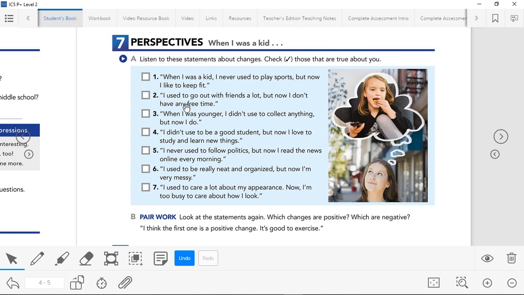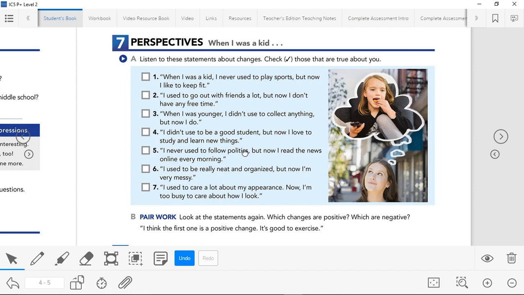And if you notice, in all of these statements, these people were using used to. And something really important, and that's the key of all of this, is that they were talking about things or how they used to be, how they were in the past, but they are not like this or they don't do this anymore.